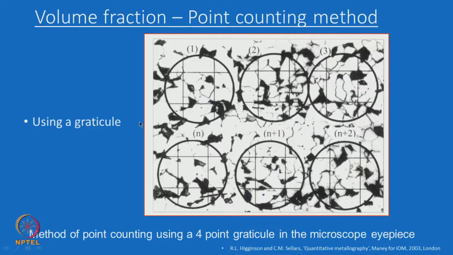So, what I want you to concentrate on is how to use a graticule in an optical microscope to find out a volume fraction using the point counting method. So, that is the idea. You just have to use a graticule in the eyepiece of the microscope. That is why it is shown in a circle. Suppose you take this micrograph at a magnification of 100x, then if you use a graticule